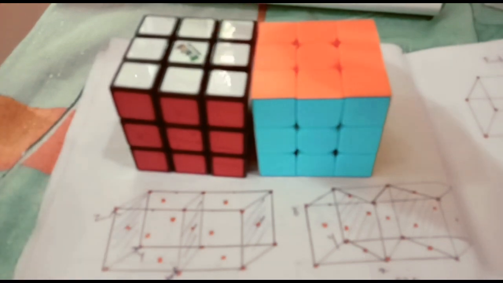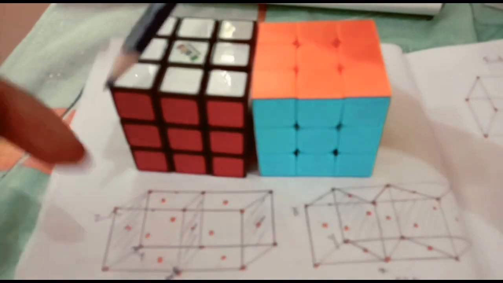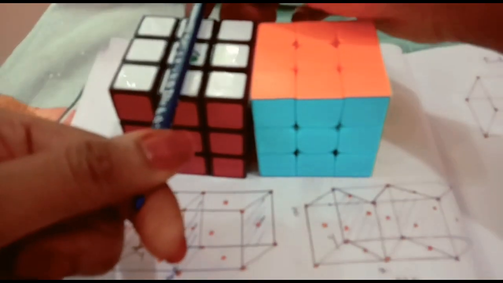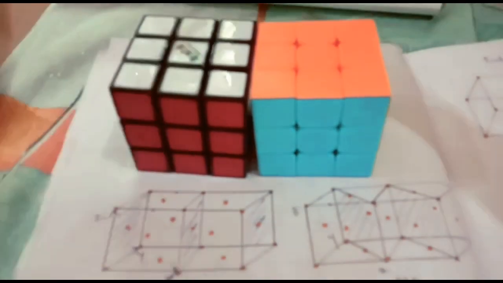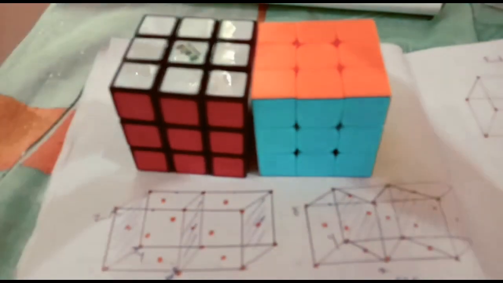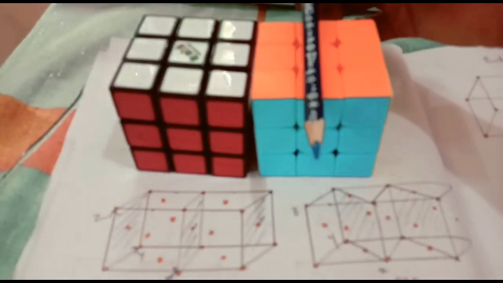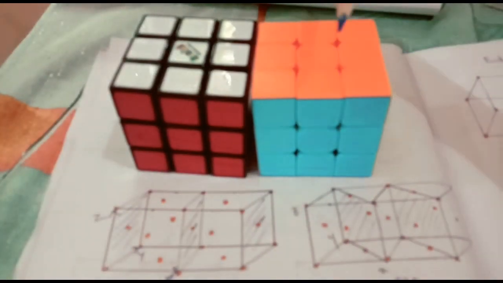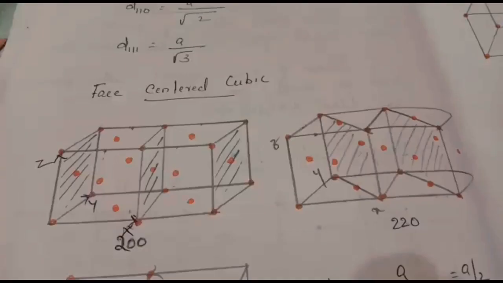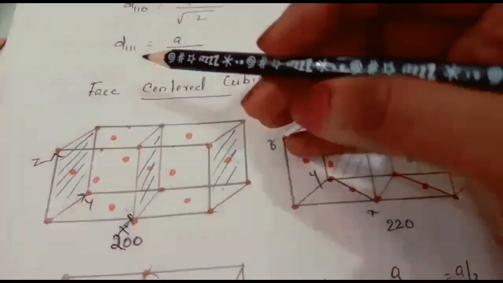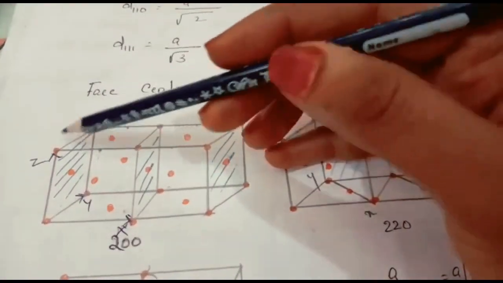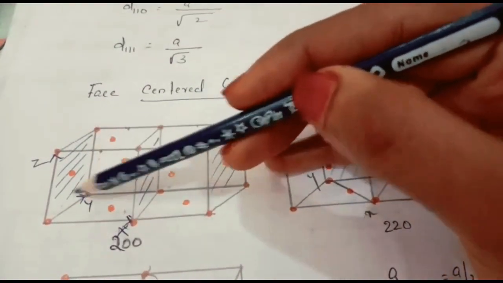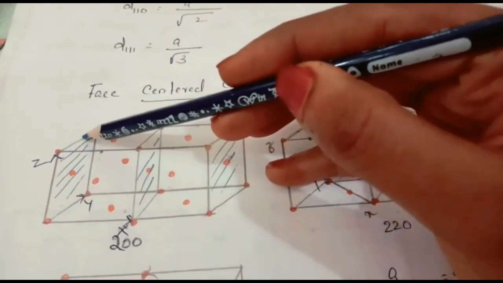So what we have to do? We have to keep another plane in between these two planes. So there should be one plane parallel to this, cutting like this. There should be one plane here and one plane here. Then that plane will pass through all the face center atoms. So how can we draw this additional plane? This additional plane should be of the same model. It should be a miniature of this one.